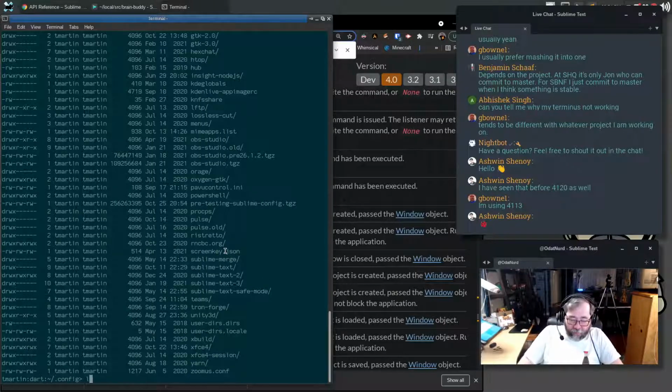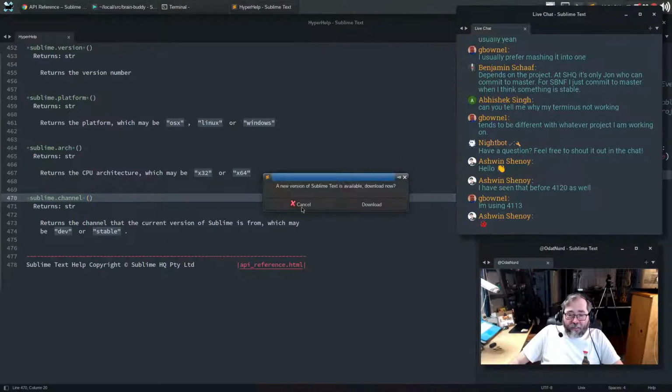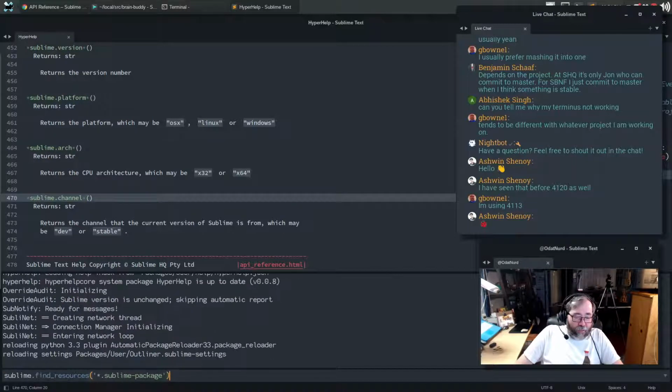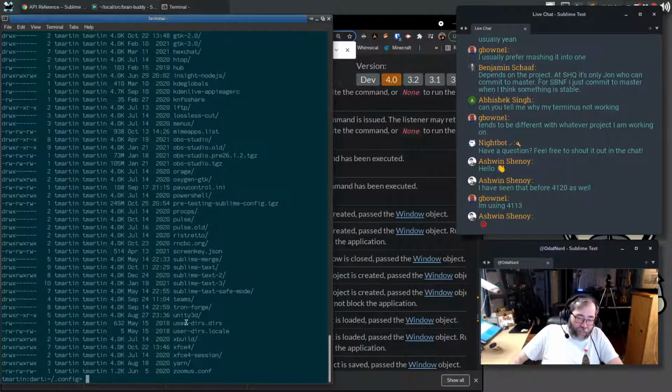Wow, that's big. 245 megs is my Sublime configuration. Woo! All right, here's what we're going to do. If I start this and do this, I'm seeing one Sublime package file there. All right, let's quit out and